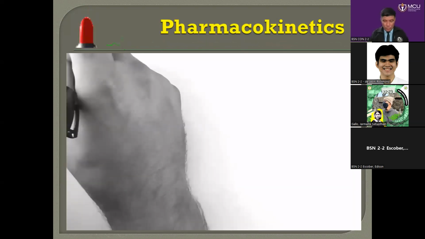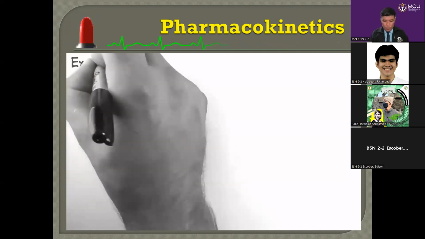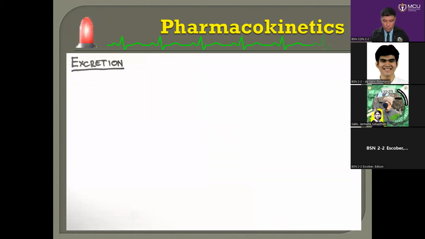Hi, this tutorial is the 5th in the Pharmacokinetics series. In this video, we'll be discussing excretion of drugs. Excretion is defined as the irreversible removal of drugs from the body. There are two main ways in which the body excretes drugs. One is via the hepatobiliary system. This is when the liver excretes a drug or a drug metabolite into the bile, which in turn gets excreted with the feces. An example of a drug which is primarily excreted by the hepatobiliary system is the antibiotic rifampicin.